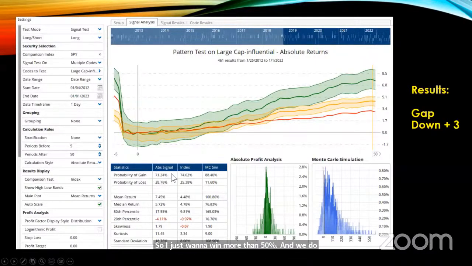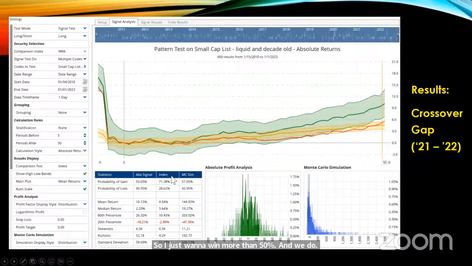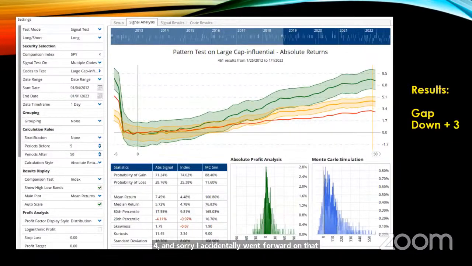Probability of gain is 71.24. And sorry, I accidentally went forward on that slide. 71.24. Now, if you just sit back and hold the index, you have a higher chance of the index going higher, but not as much. Look at the mean return numbers down here. The mean return is 4.48, and the mean return for the signal that I'm describing,